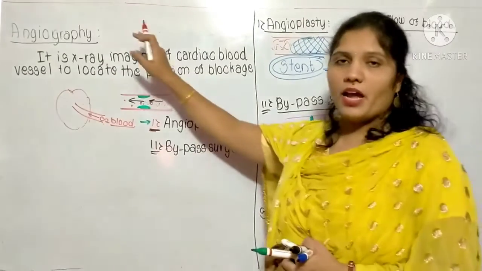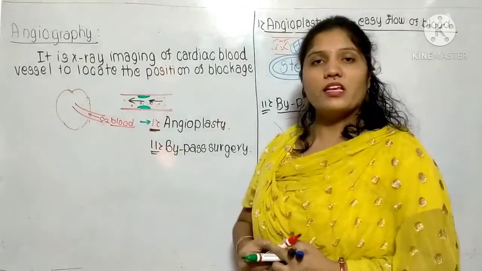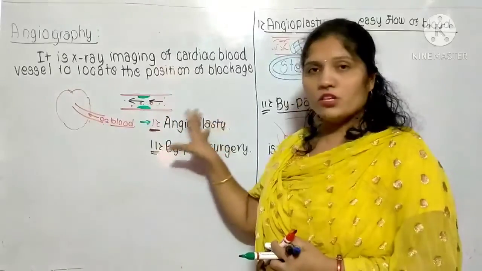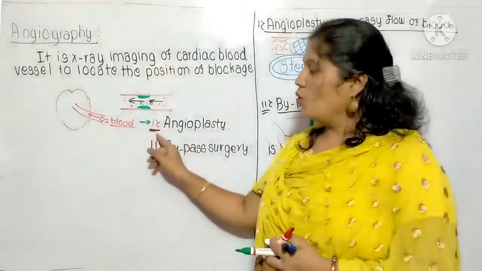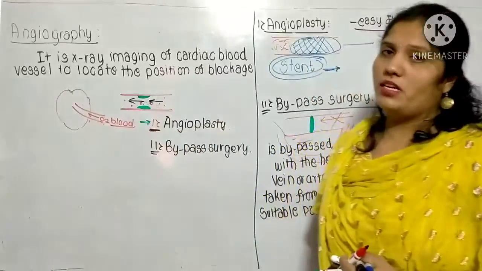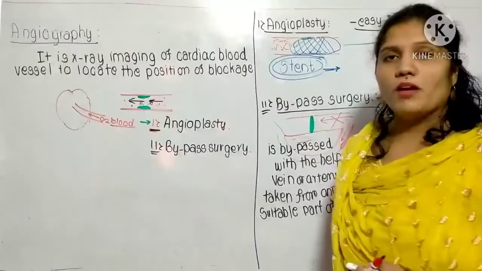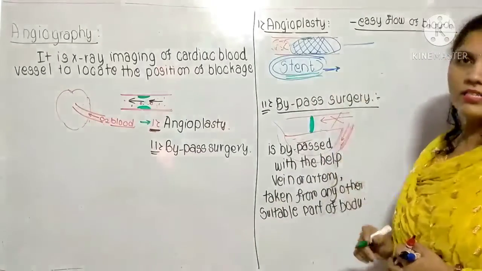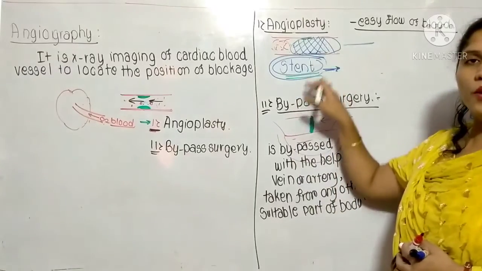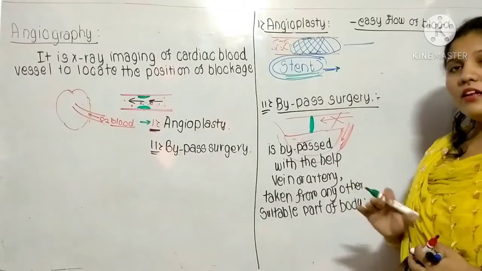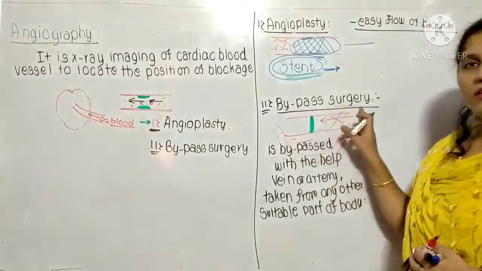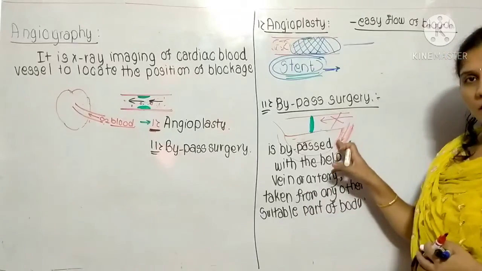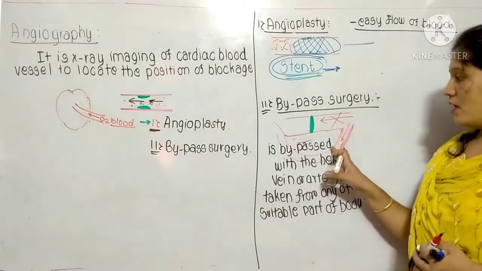Explained to you today: first one, angiography. Angiography is an X-ray imaging technique used to identify the region where the blockage is present. There are two remedial methods: angioplasty and bypass surgery. In angioplasty, the metal instrument used is known as the stent, which is very important to prevent the deposition of fats at that region. Then bypass surgery is done by using an artery from the hand or the leg. By inserting that artery, they bypass this